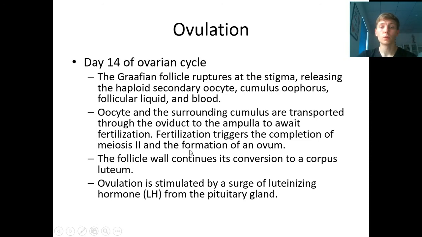The follicle wall continues its conversion to a corpus luteum. Under the influence of which hormone? Luteinizing hormone: corpus luteum, luteinizing hormone. In all these follicular cells,